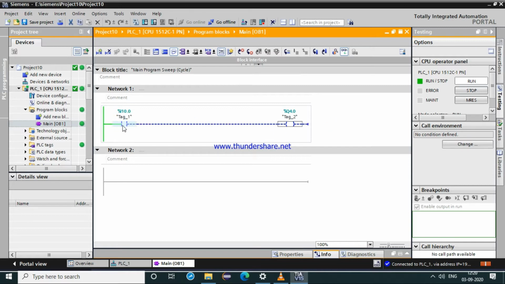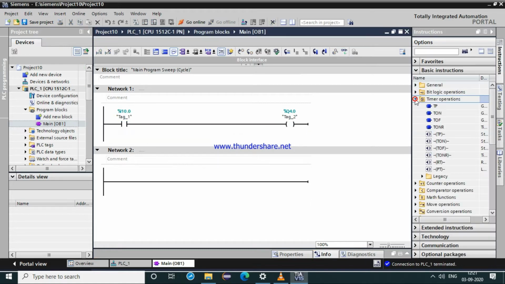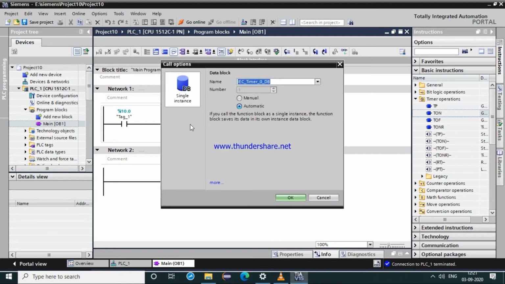Through this application of creating various logics, we can use it in our pneumatics, hydraulics, for example. And these are the types basically which are used. Timer operation, that is if we add our T on timer, that is if we want any particular operation after pressing my start button, my operation should function after a particular time, that is after 5 seconds or 10 seconds, it should give output. Then we can use our T on timer.